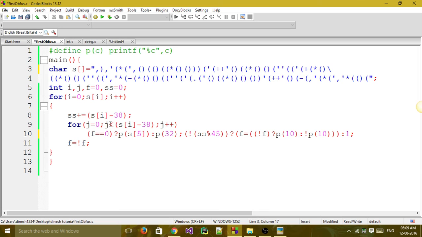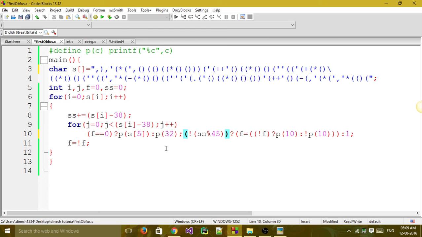I should print asterisk, s of 5, if flag is 0. And p of s of 5 I am writing because I defined it already. p of c as printf %c. So we'll print this character. Else, if it is not 0, if it is 1, then p of 32. 32 is the ASCII value of space, so it will print a space.